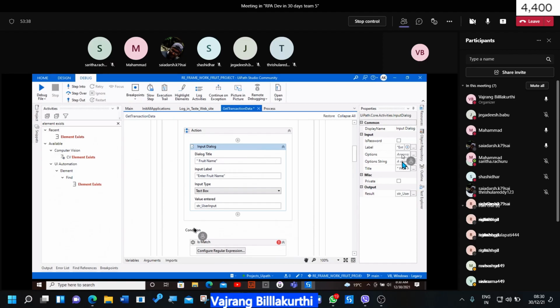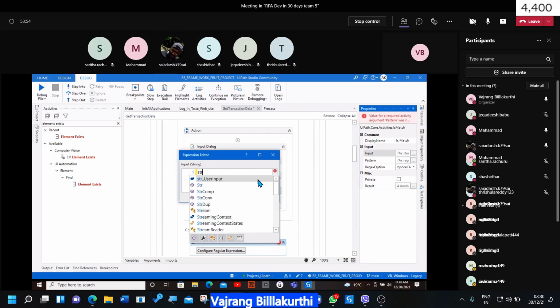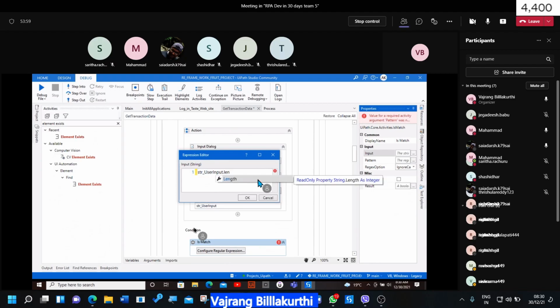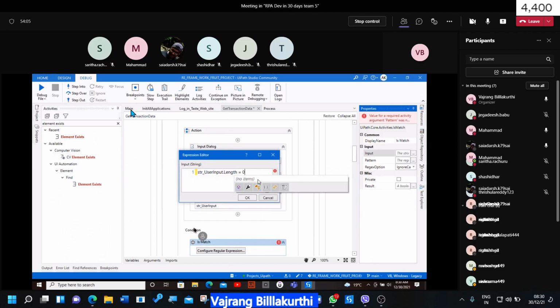In the input options for the result, there is an option like result is equal to empty. Here I will just write if str user input dot length equal to 0.